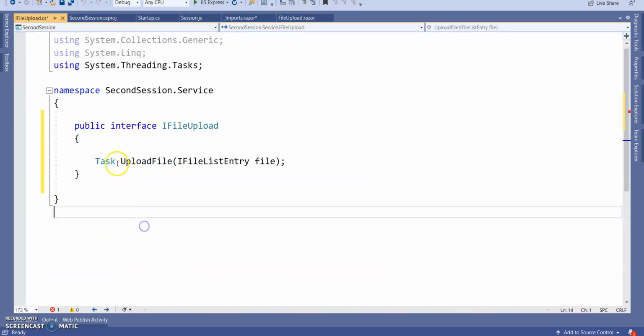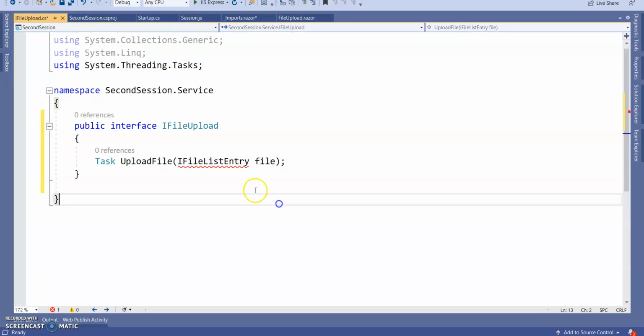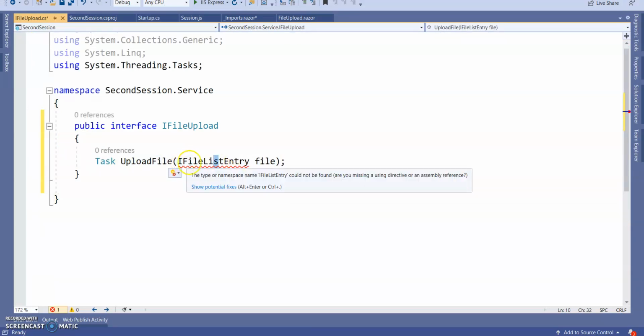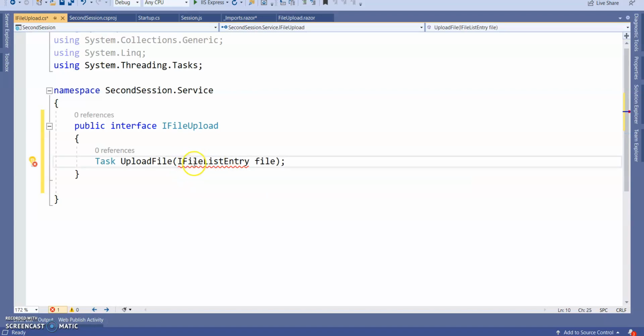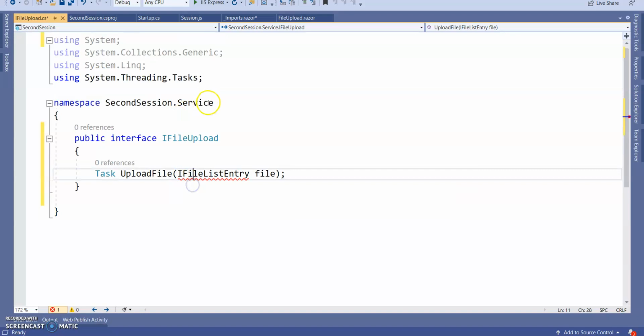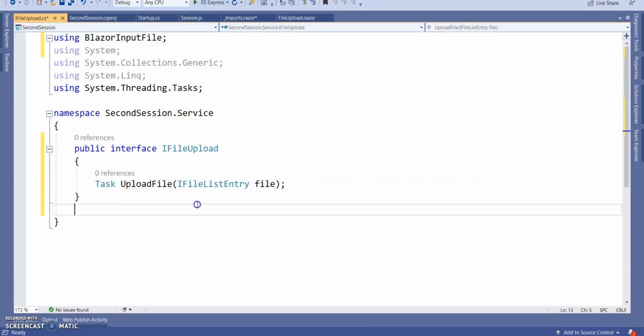In this interface, I'm declaring a Task UploadFile, where I pass an IFileListEntry. You need to add the using for that Blazor input file namespace, this one.